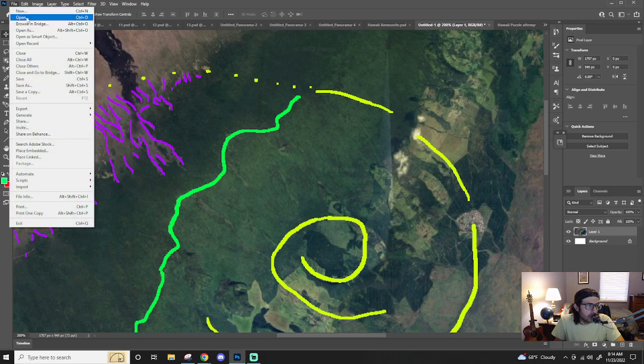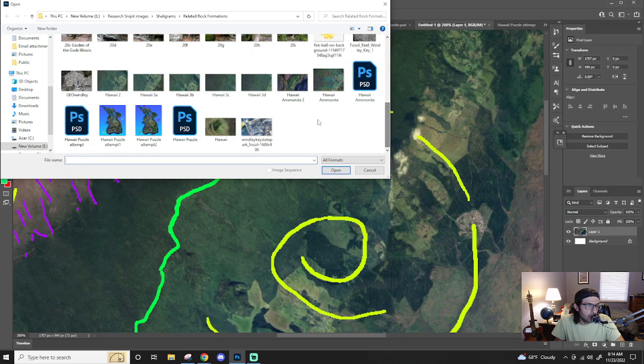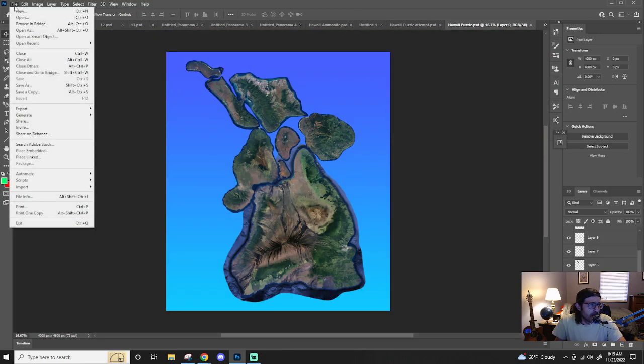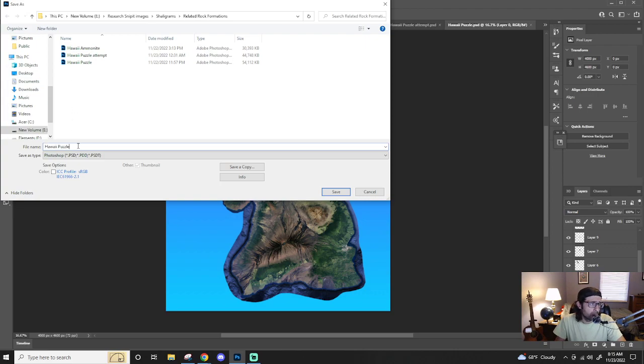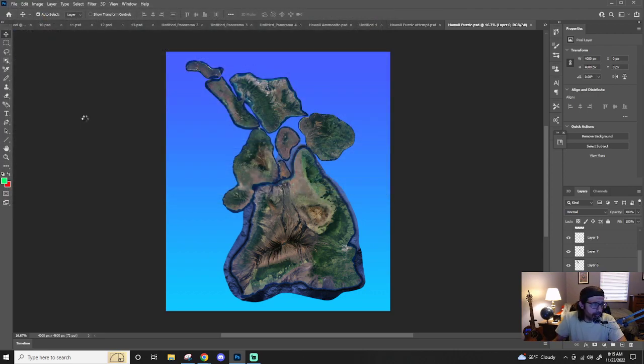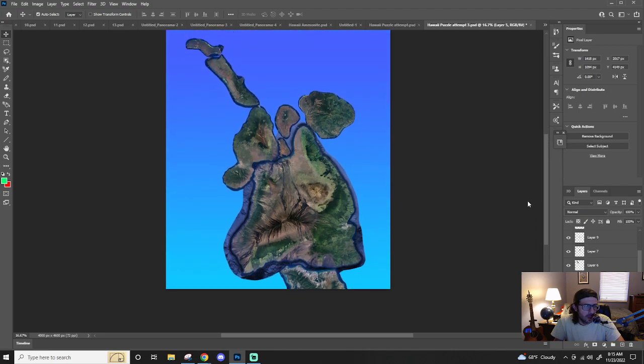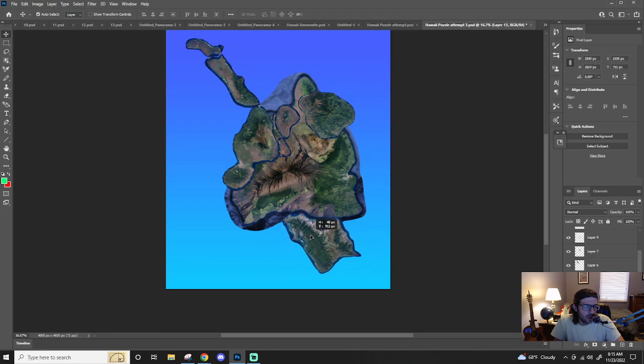Open. Puzzle attempt. Let's save it as attempt 2. Attempt 3, I guess, whatever. Okay. I just generally want to take this chunk. It doesn't even matter if it... This chunk, and mind you, this is a sphere, so it doesn't actually connect like...